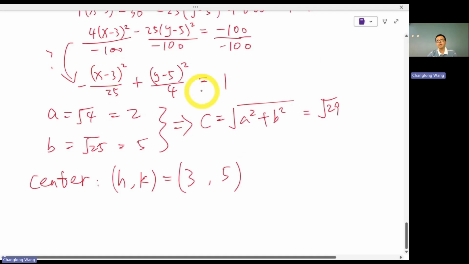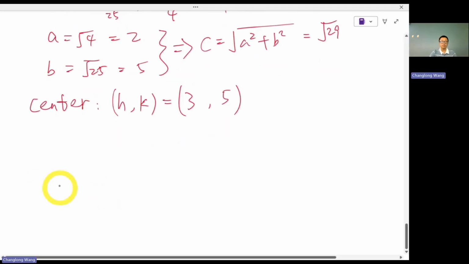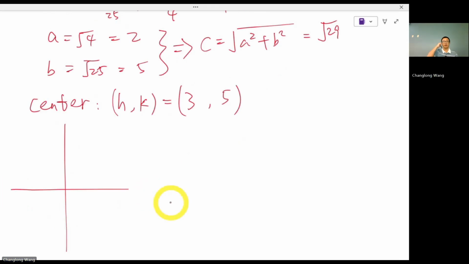What kind of hyperbola is that? Is it a horizontal or vertical hyperbola? It is vertical, since you have the y term that gets the positive sign. So now, just in case you lose track of everything, how about we sketch a hyperbola which opens vertically, with the center not at the origin but at (3, 5)? So let's say this is 3, this is 5, and I have the center. Now, since it opens vertically,